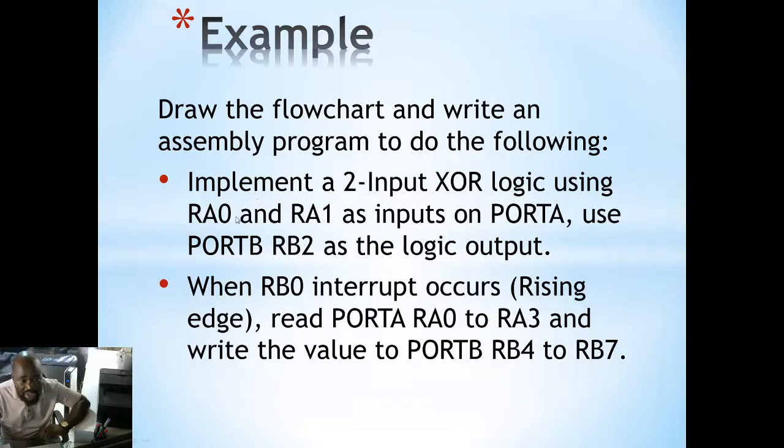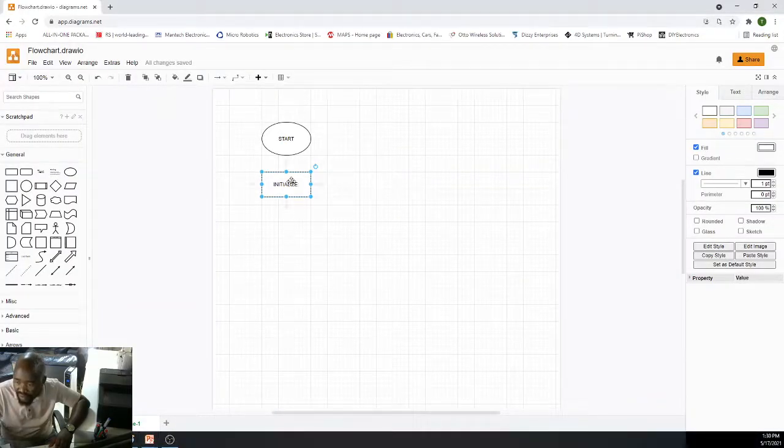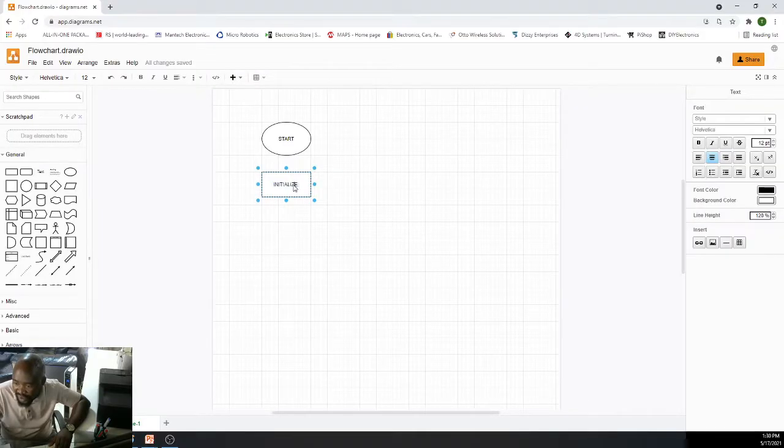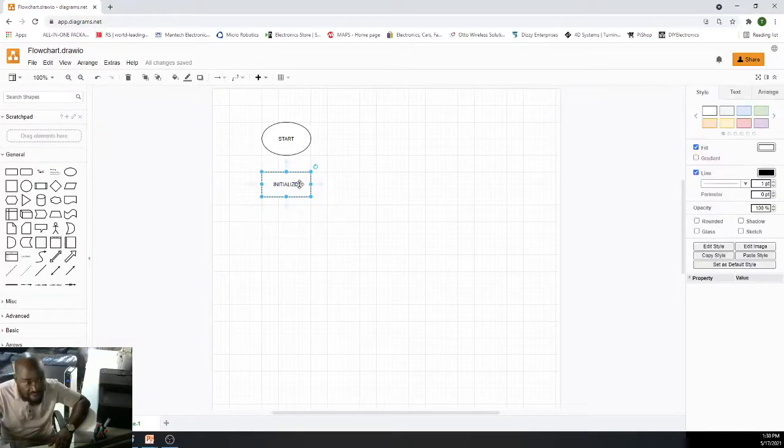So we want to make A0 up to A3 inputs, and now we have to also make RB0 an input, because it can only function as an interrupt if it is configured as an input. Right. And now the rest of the pins we're going to configure as outputs, including RB2, RB4 to RB7. Right. Now we do that through our initialize stage, where we say